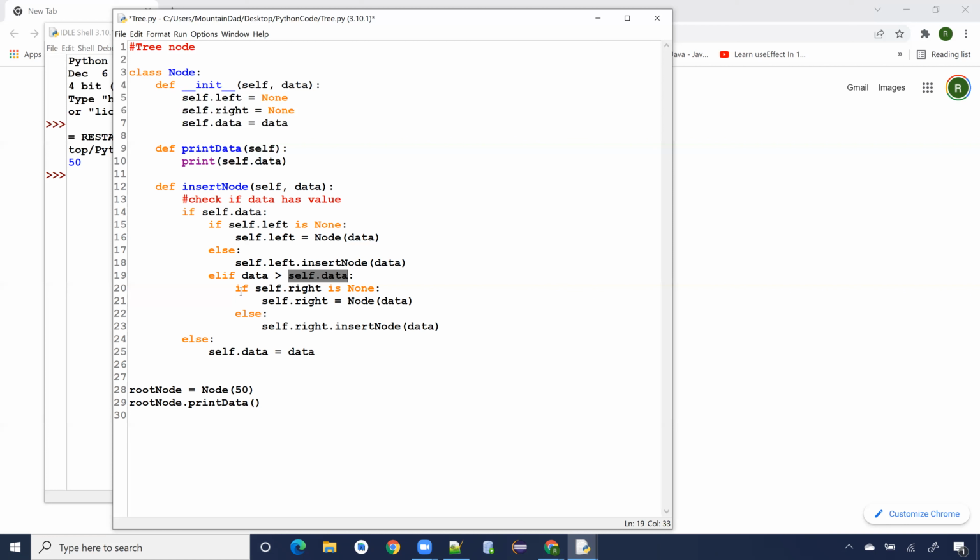So I'm going to check if I need to insert it on the right side, check if the right node is empty, right? When I say empty, I mean it's None. If it is empty, then you go ahead and create a node, all right? And if it is not empty, not null, then you go ahead and call the insert node method recursively on that right node, right? So recursively calling the same method again